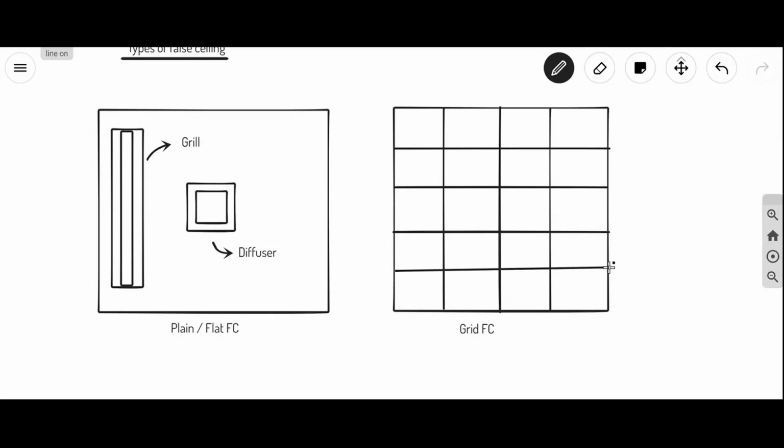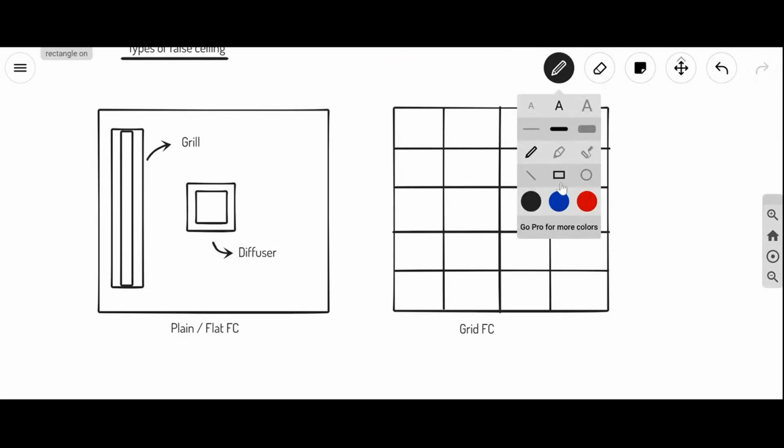So if the false ceiling is grid false ceiling, we have the option to use, we need to use